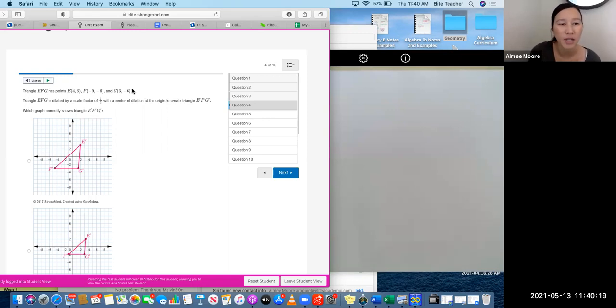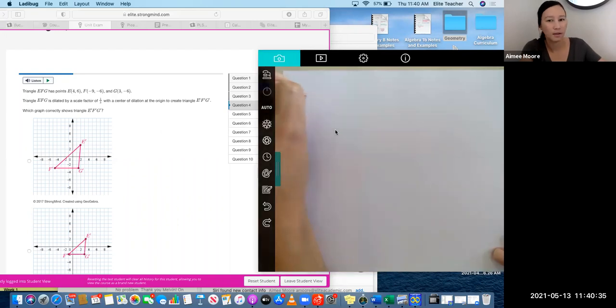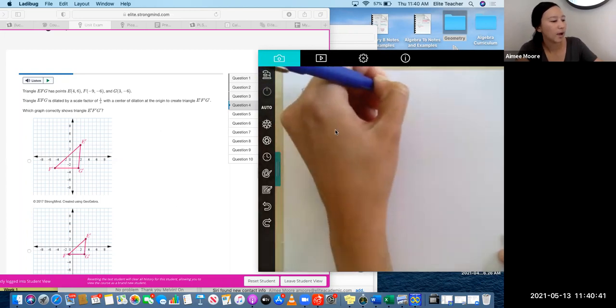What do I need to do to these points to figure out what the new points are going to be? So how can I figure out what E prime would be? So if E is 4, 6, to get E prime,